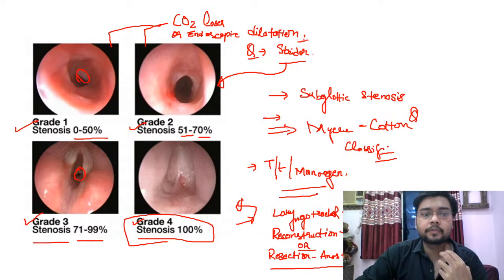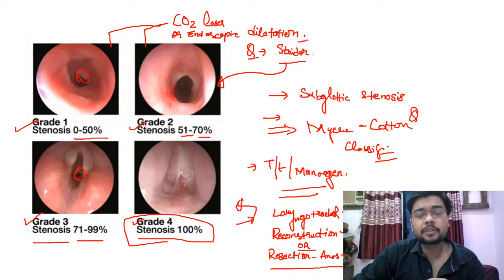But in grade 3 and 4, you need to do some surgical intervention like laryngotracheal reconstruction or resection and